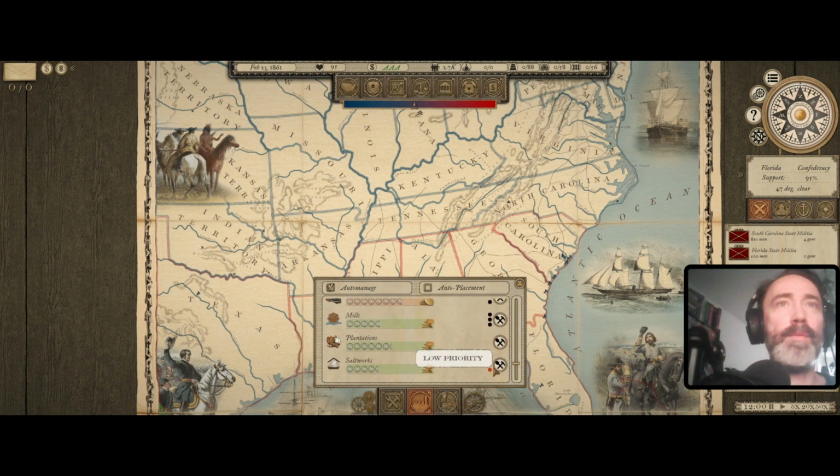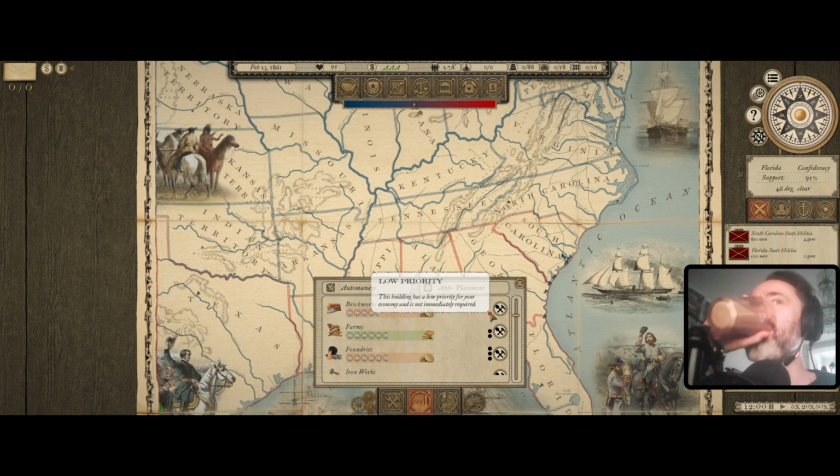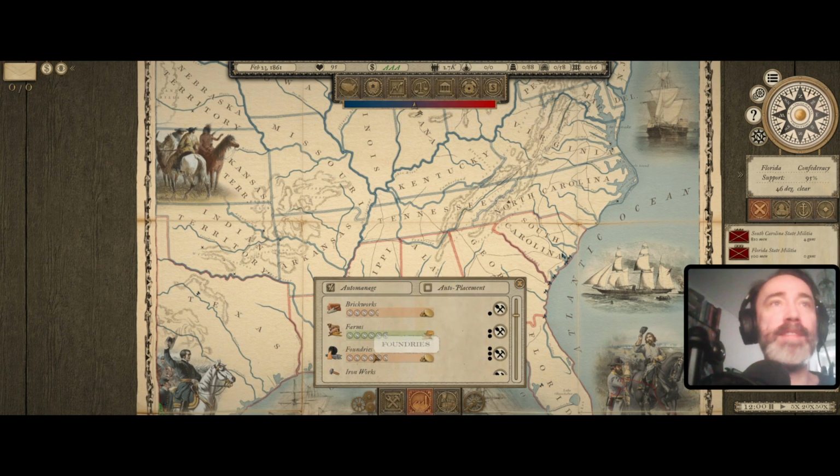Okay, so what again? Low. Oh, can I increase the priority? No, I can't. Oh, the game tells me that brickworks are of low priority. Well, what if I disagree? I'm the president, right? Okay, our economy needs foundries and